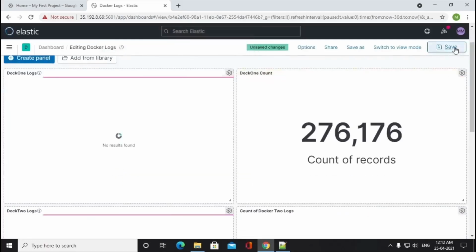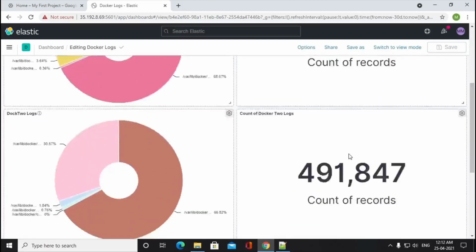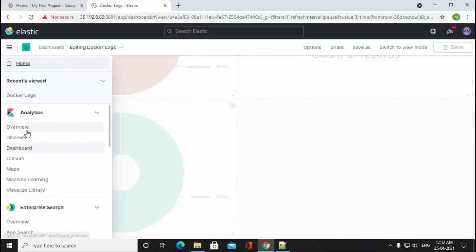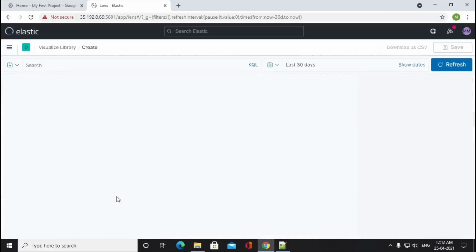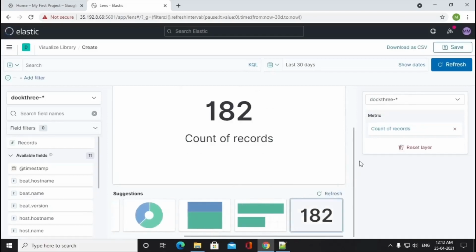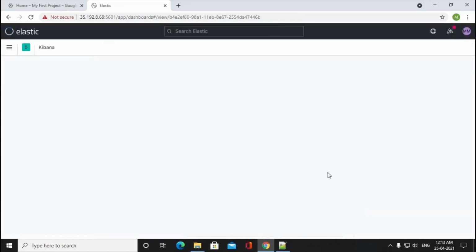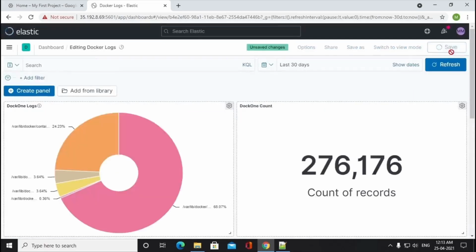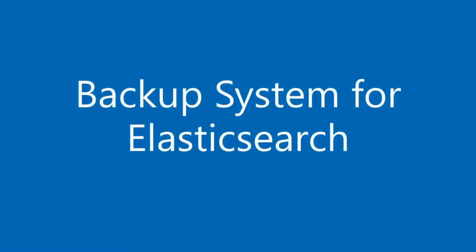So this is our dashboard. We can see the previous data also. These are three different machines and different containers. We can add the count of the logs in each server also. We have many charts here to visualize different containers, and different machines are segregated on the basis of index name. So now we have three machines, doc1, 2 and 3, and each machine has different containers.